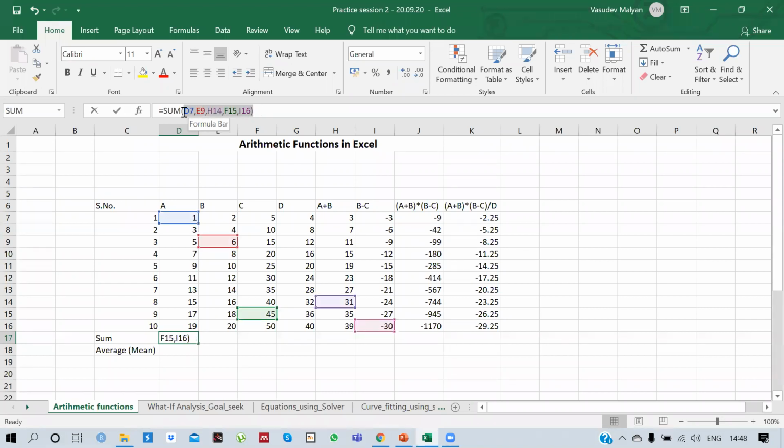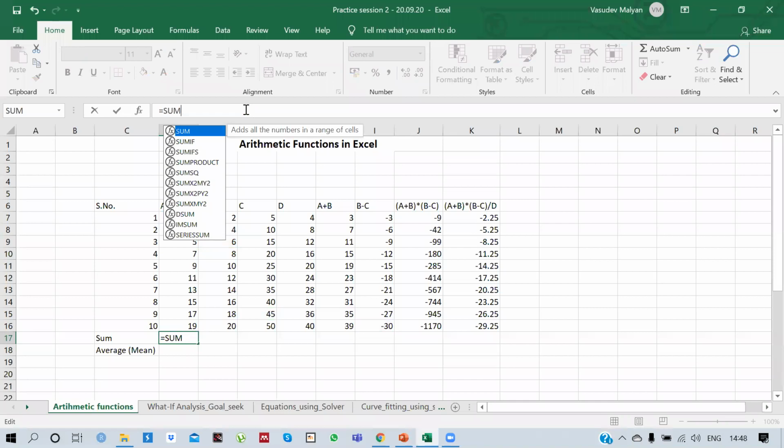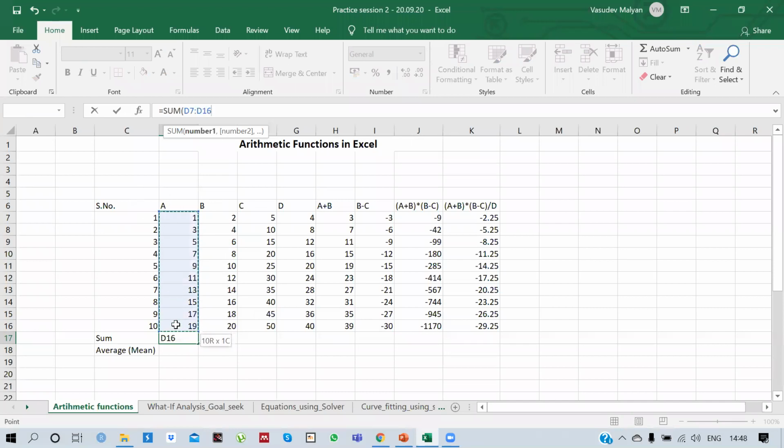But it's not my aim for now. I'll put a bracket, and I'm supposed to add all these elements for different columns. So if I drag all the way here, it will select the elements from D7 to D16, meaning that it will select elements D7, D8, and so on and so forth, up to D16.